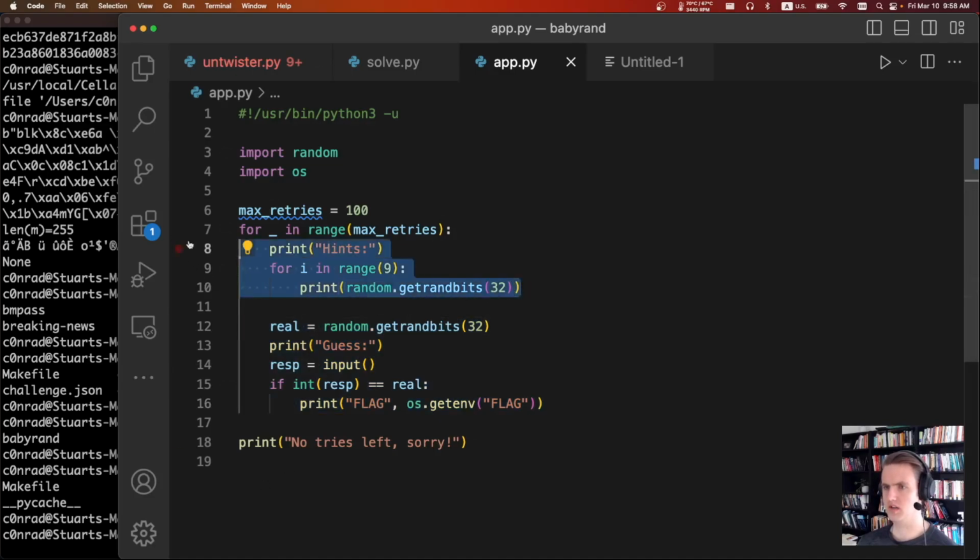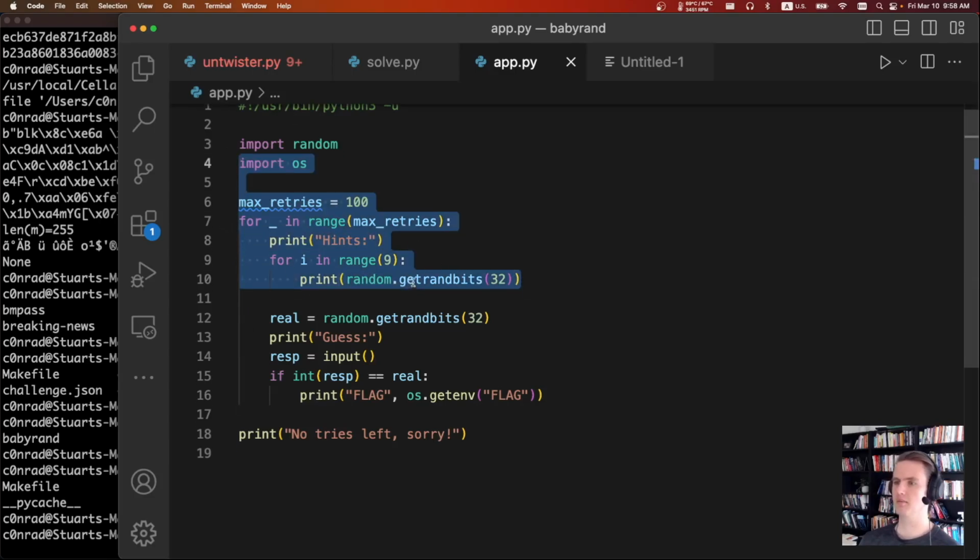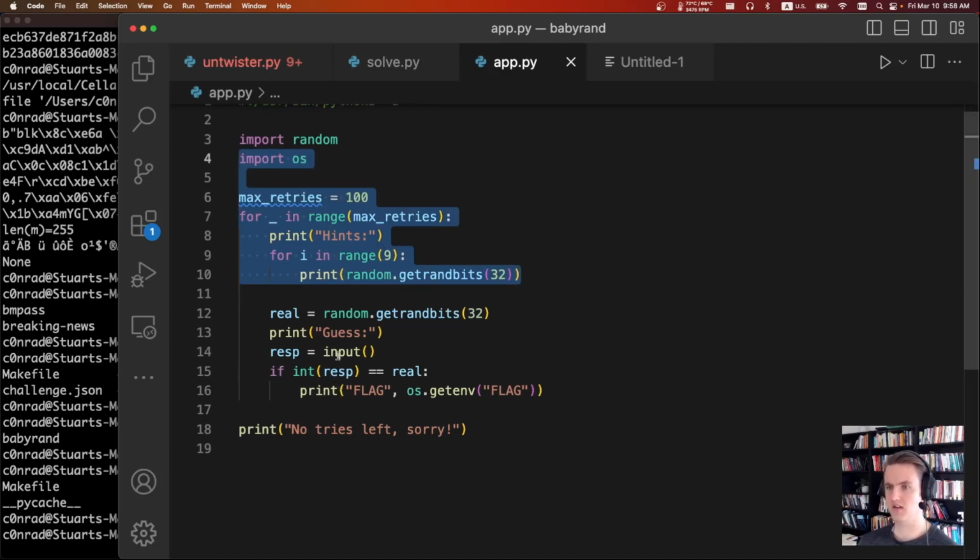So in total, we're going to be given 900, sorry, 932 bits of randomness, and we just have to guess a couple of times. If you've been playing CTFs for a while, you probably know that you're able to reverse the Python random function if you can get the output of 624 calls. This one's a little bit trickier. Normally you need 624 consecutive calls and you can instantly figure out what the initial seed or the internal state is. But this one,